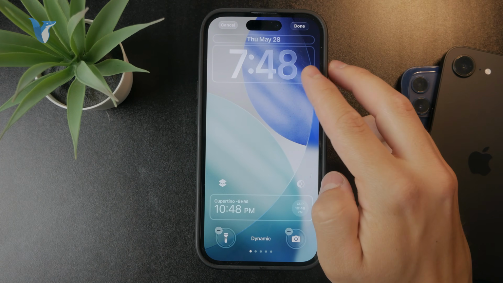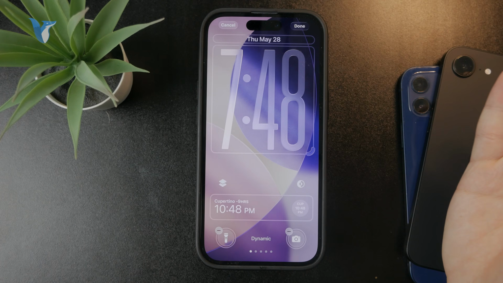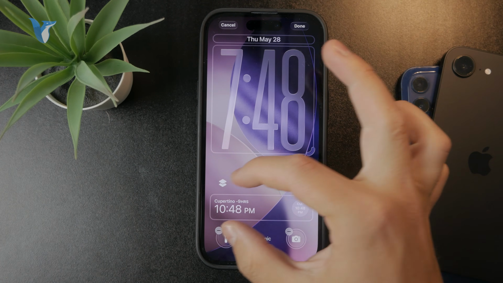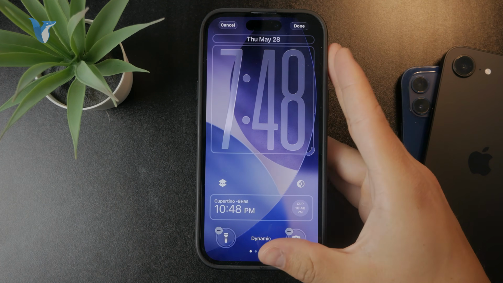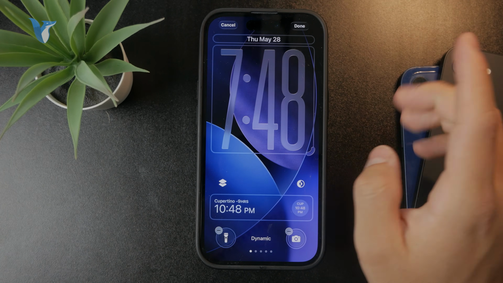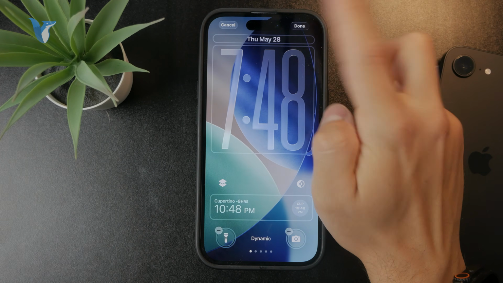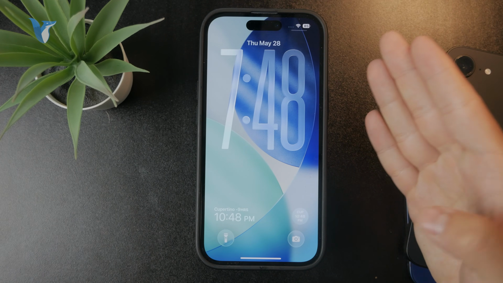If you want to call it that way, but that's the way to change the clock and make it look really large. Of course, as a result, the widgets have been pushed to the bottom, but that's fine for a lot of people, and that's how you can have the clock looking really large. Just do not forget to hit the done button at the top like this, and now the clock is really